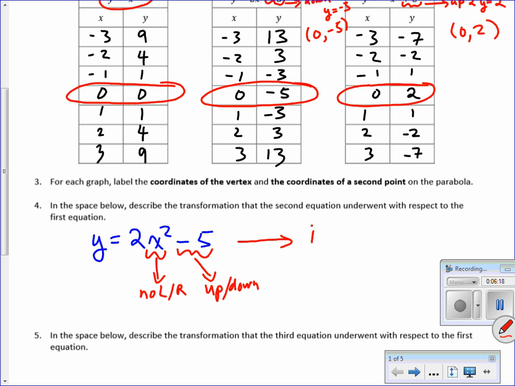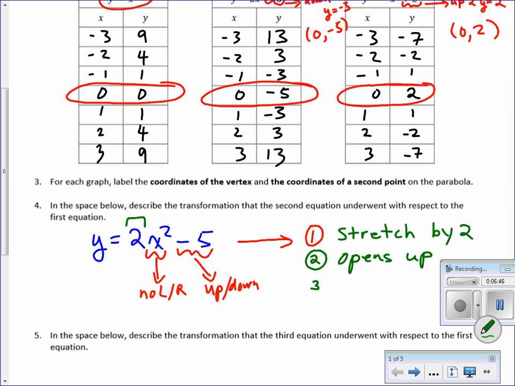The first thing that you want to do is look at the number that's sitting on the x squared term. In this case, it's 2. So you're going to say that this is a stretch by 2. And you should say it opens up as well. And then you also want to say that its left-right movement, based on the x term, is no